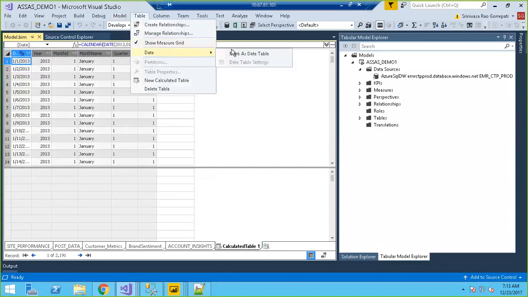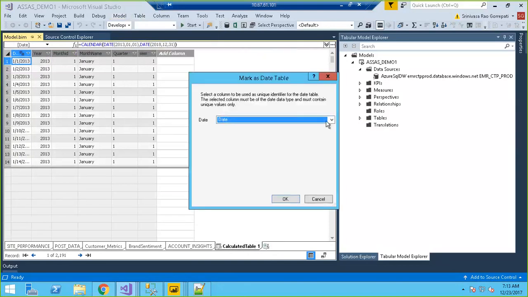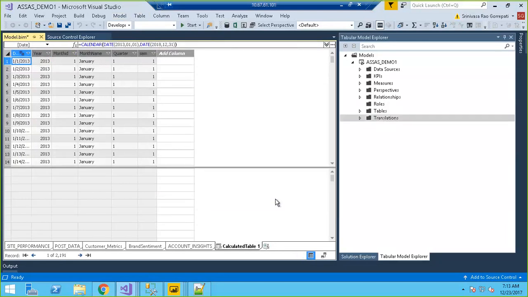This is a date table, and under that, this is the column which I am considering as a primary key. Based on that key, that column, I want to iterate. Based on that one, I want to tell this is the start of a year, this is the end of a year. I need to tell what is the start of my fiscal year, or what is the end